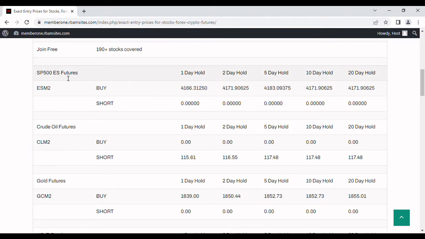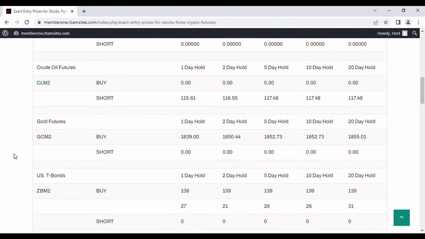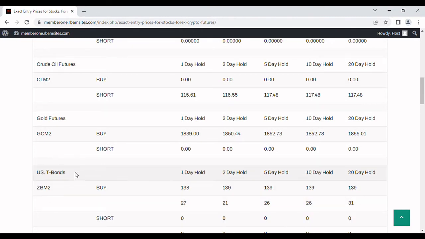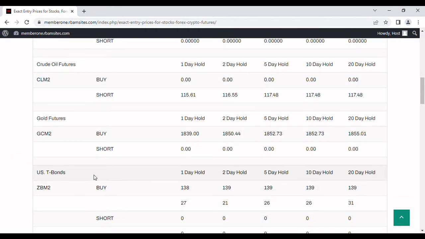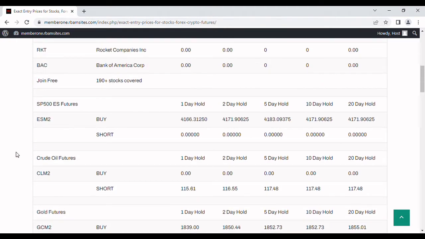Your S&P 500 E-mini futures are extremely liquid. Your 10-year treasury is a very liquid contract. These are the 30-year T-bonds here. I list these here because they're very volatile and they're good for trading, especially day trading, but you do have to watch the volume. So if we take a look at the S&P 500 E-mini futures contracts,